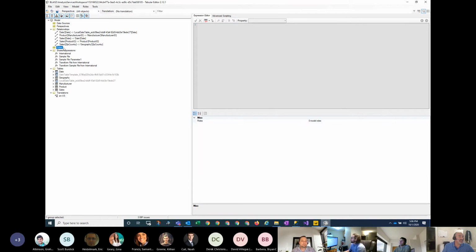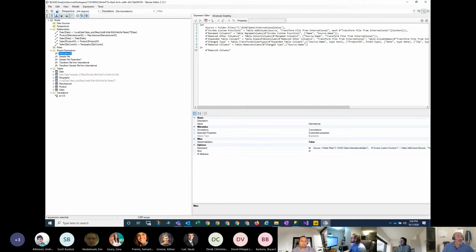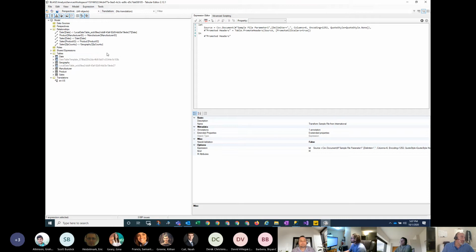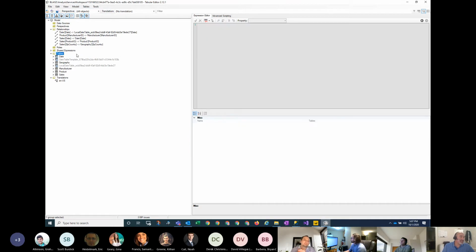If you did have RLS set up, it would show the roles. Here are some of these expressions, which are showing up because they're basically parameters. Not every Power Query is going to show up here, but because they're shared, these will display in the Tabular Editor. And really the guts of everything are your tables.